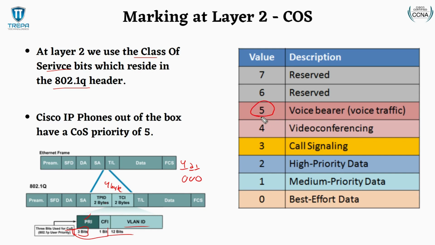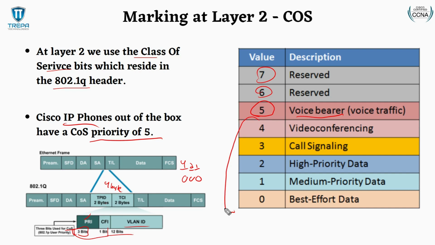So something you need to know, Cisco IP phones out of the box are already going to tag their traffic with a priority of 5. So that's voice bearer traffic. So that's the best priority out of the box it can give. Where this 6 and 7, that's reserved for other classifications like kind of control plane traffic. A CoS of 5 is going to be for voice because Cisco IP phones need